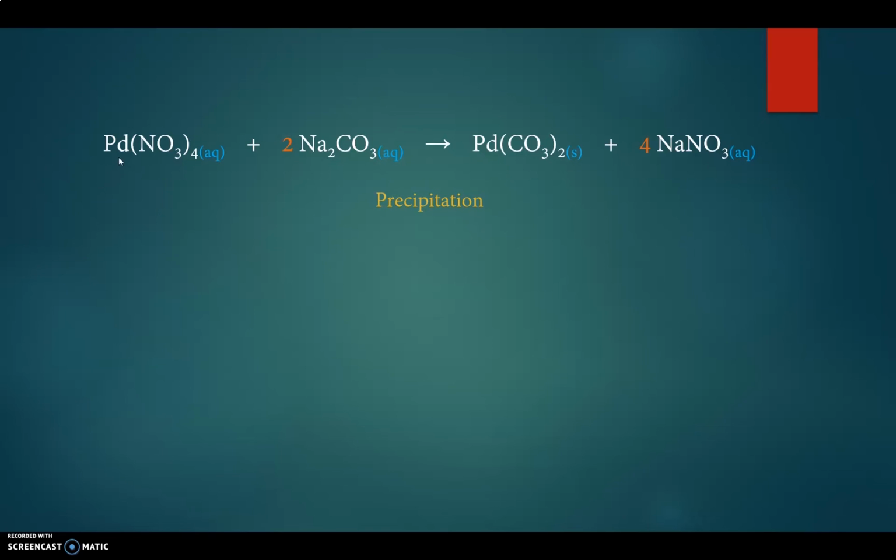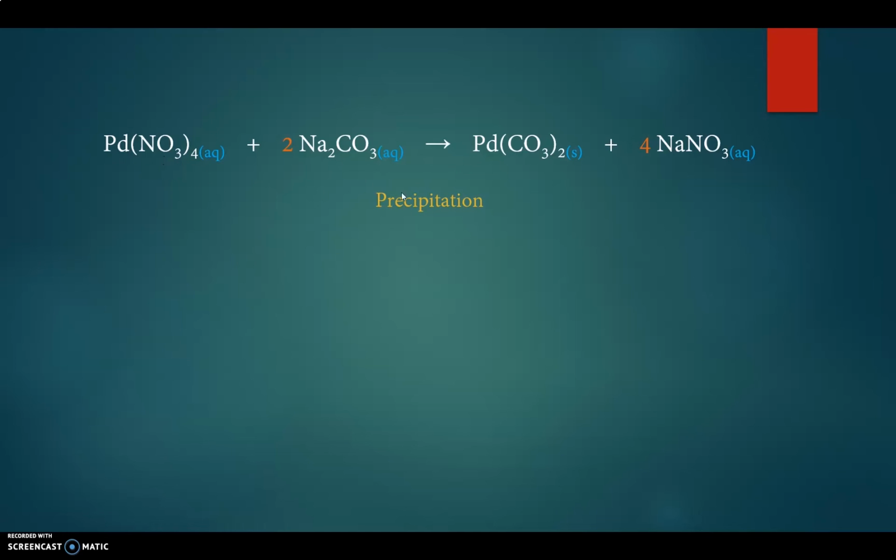Okay, this reaction has the ABCD type of format, so it's going to have to be some type of double displacement reaction. Palladium, because there are 4 nitrates, has a positive 4 charge. Carbonate's a negative 2, so we would need 2 carbonates to balance the palladium. Sodium is a plus 1, nitrate is a minus 1, so it would have to be 1 sodium and 1 nitrate. To balance the equation, we have 1 palladium,